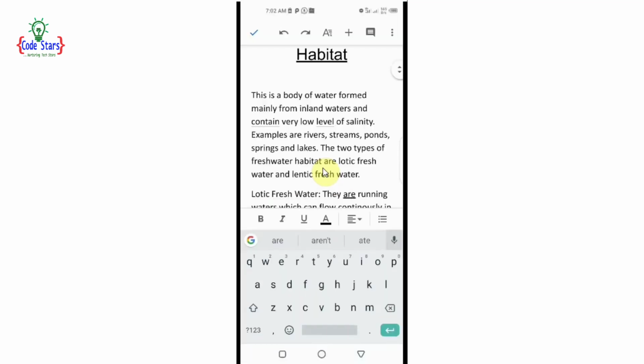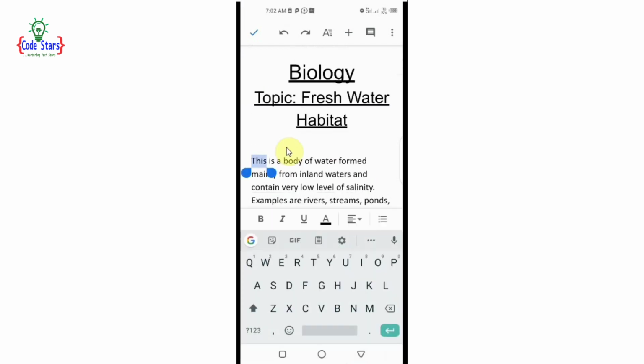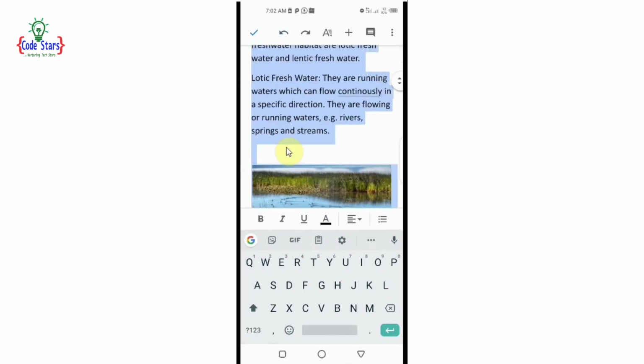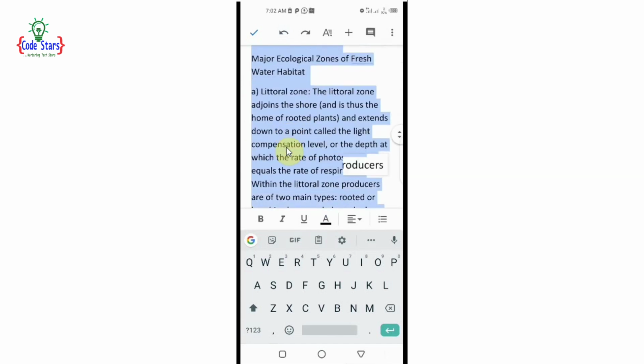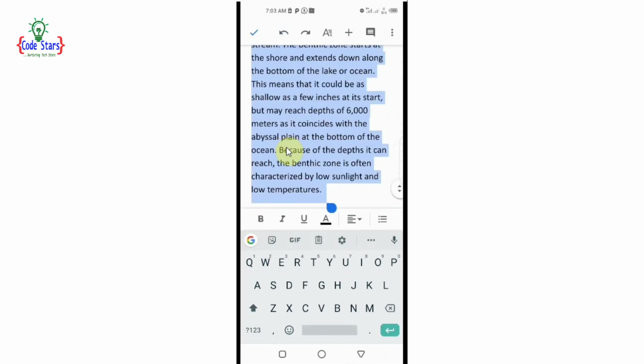Alright, so we're just simply going to click on here, buttons, highlights, that's all. Then we click on copy. Okay, we've just copied it. Now let's go to